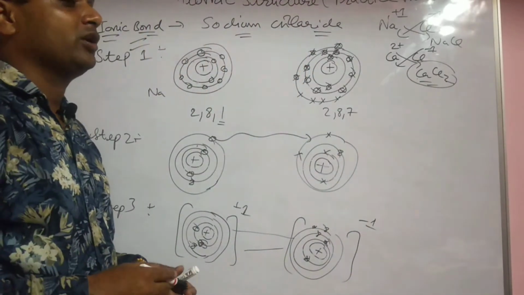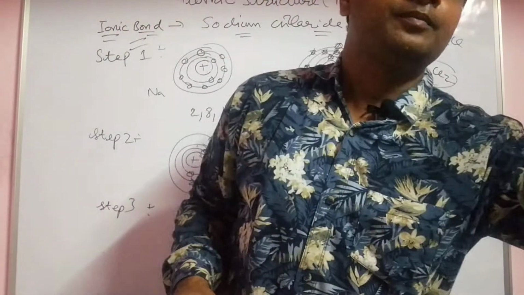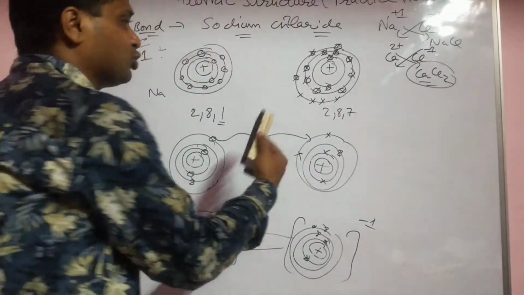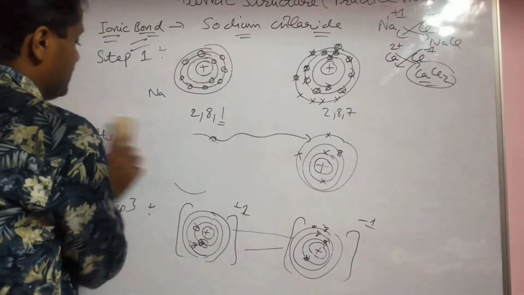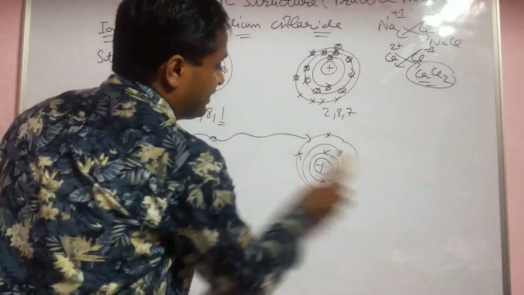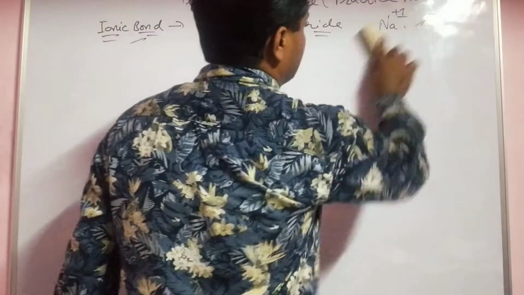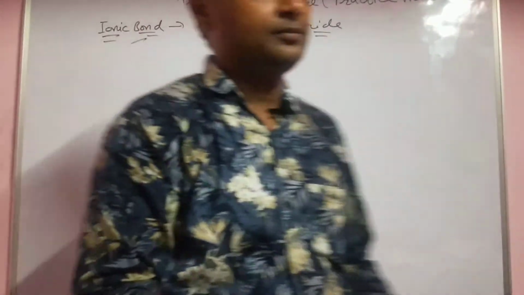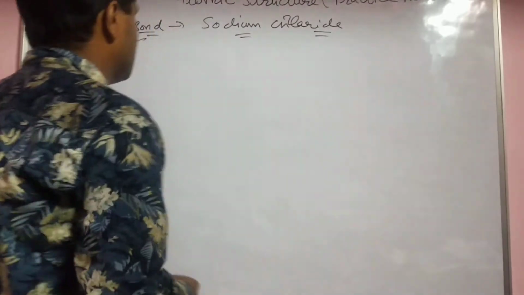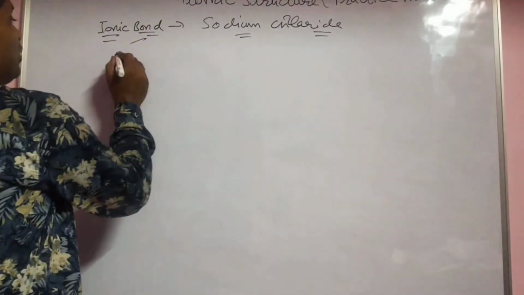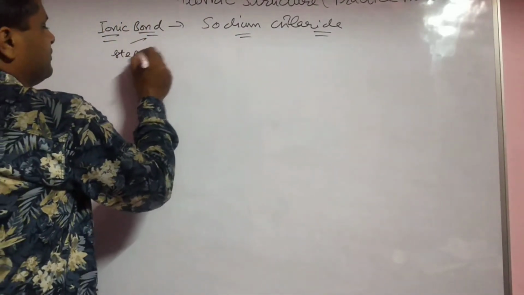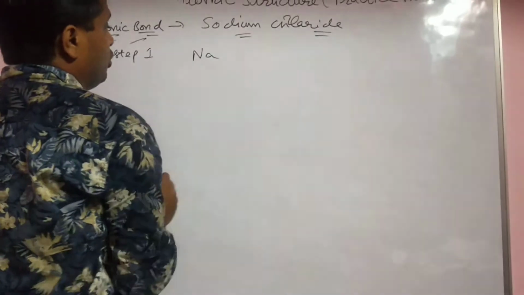Ionic bond. Same, we draw for the chlorine. There are 2 methods to draw this structure. Yes, the first is this method, using circles. And the second method is the Lewis dot structure. You see the Lewis dot structure, step 1, sodium. What does Lewis say?